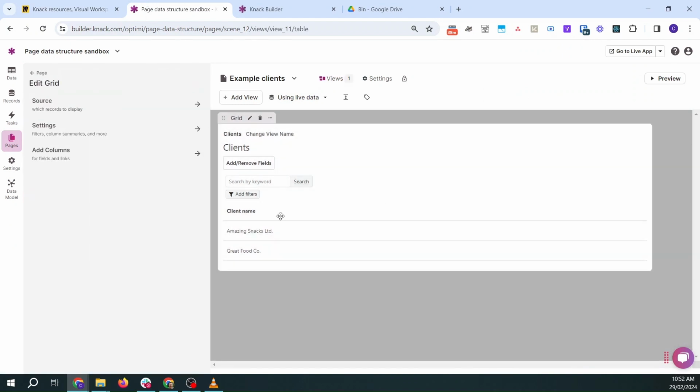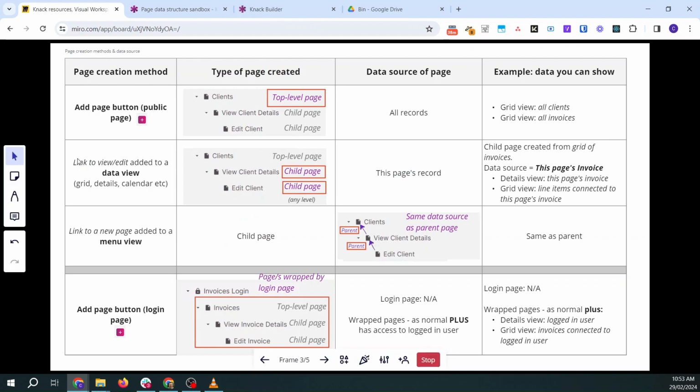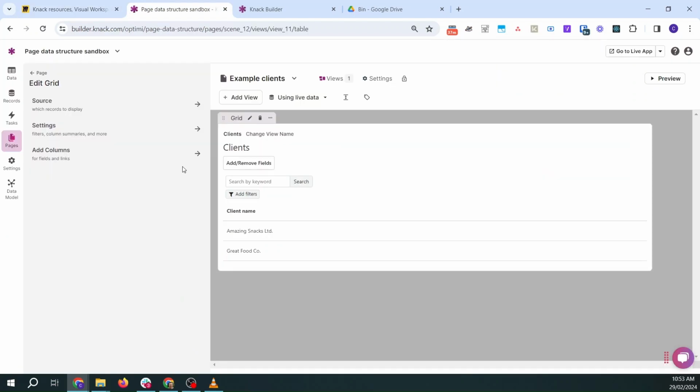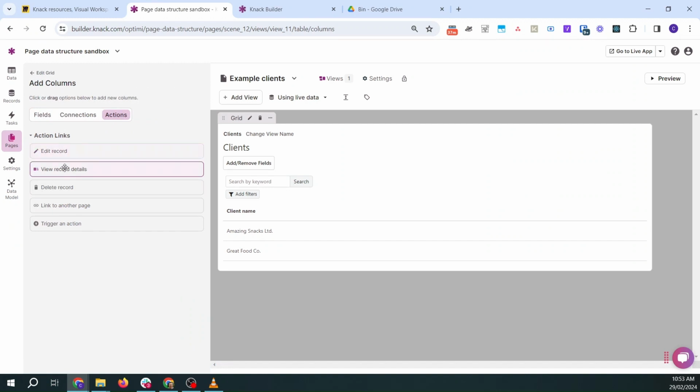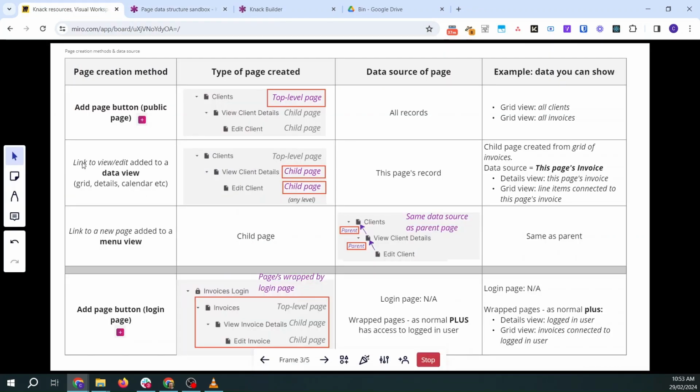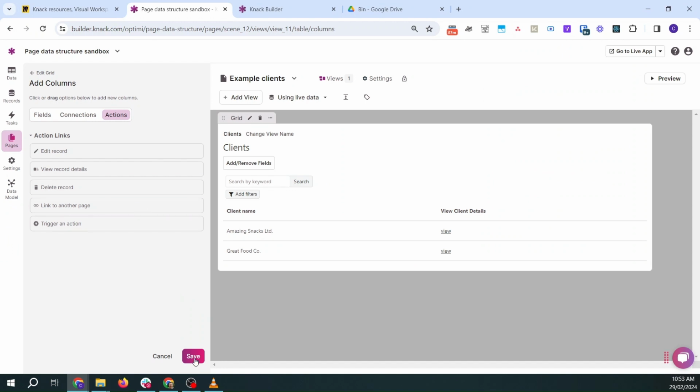So this here is a grid view showing all clients. So that's an example of a data view, a view that shows some sort of data. So we see here we need a link to view or edit from that data view, and that's going to create our child page. So let's see that in action. We go Add Columns, Action, View Record Details. This is a link to view record details or edit. These are the 2 that we're talking about here when we go link to view edit. So if we now save that,